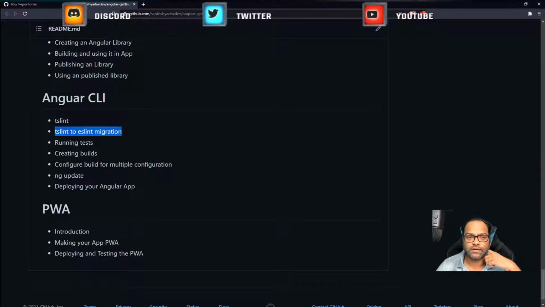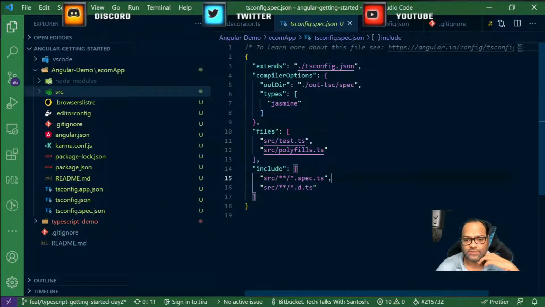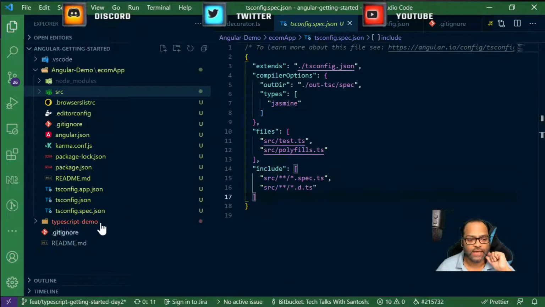So thanks to our community member called James Henry, who worked tirelessly to make it possible that we have an option available to move from tslint. Otherwise, it wouldn't be possible to actually have linting in Angular. So he created Angular ESLint, thanks to him. So now we can use ESLint going onwards, or we can also use it in any version prior to Angular 12. So here let's go back and see.